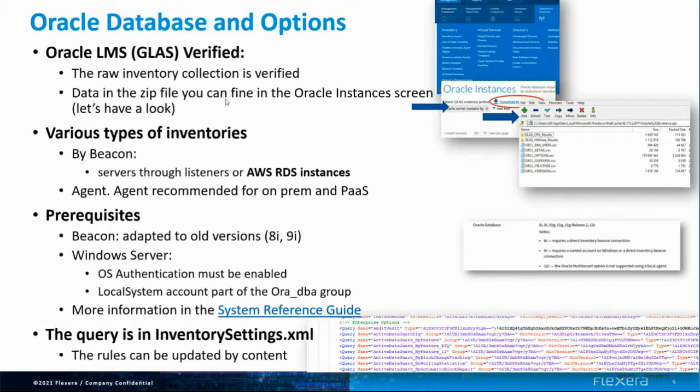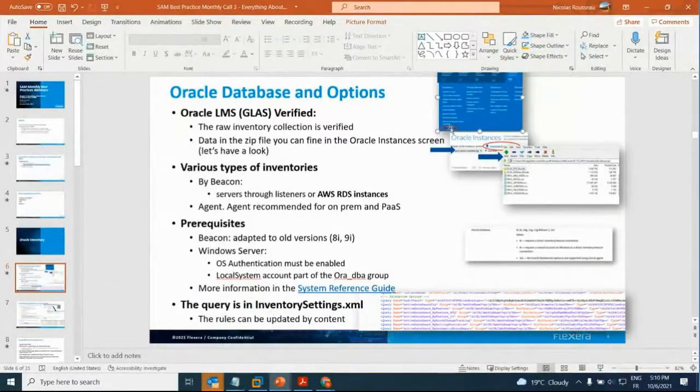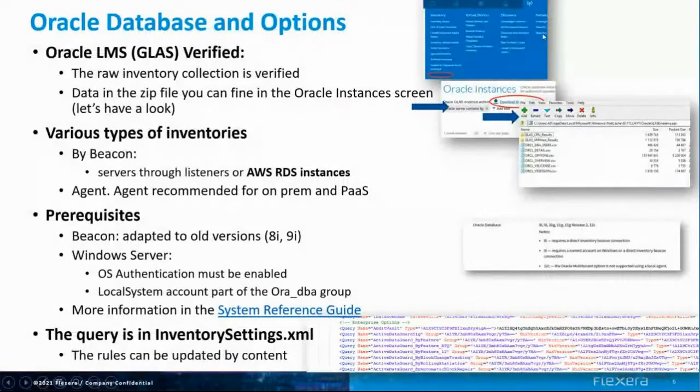And these scripts, instance per instance, will collect the raw data that you can download on the instance detail that you can find in the inventory tab, inventory menu of Flexera Manager. So if you go to inventory, Oracle instance, you will get the flat list of Oracle instances. We will have a look at that later. And if you download the file, which is the Glass Evidence Archive, you will get this nice zip, which contains,